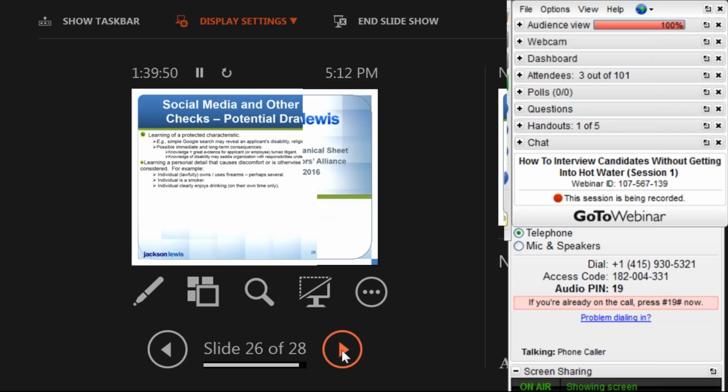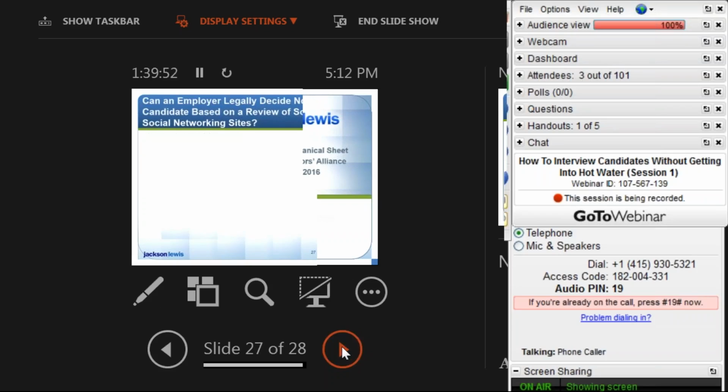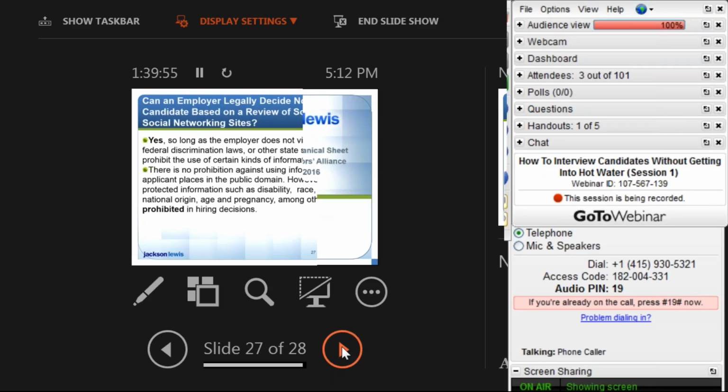All right, can an employer legally decide not to hire a candidate based upon the review of social media? And this is kind of where the rubber hits the road with this. The answer is yes, so long as that employer does not violate state or federal discrimination laws. And there is absolutely no prohibition against using information that you learn in the public domain. So if it's unrelated to disability, it's unrelated to race, gender, national origin, age, pregnancy, conviction record, if it's unrelated to those things, we can use it. If it's related to those things, we cannot use it, because it would be just as unlawful as we said